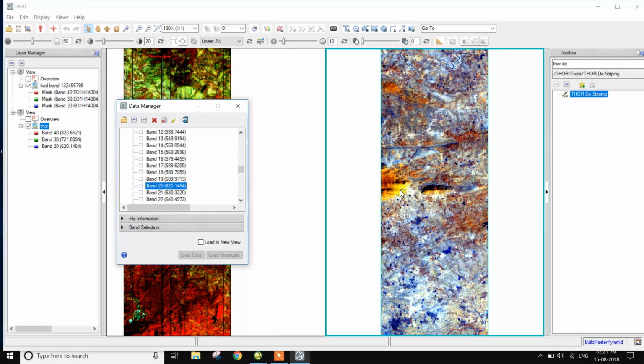So there is the third day stripping of hyperspectral data.